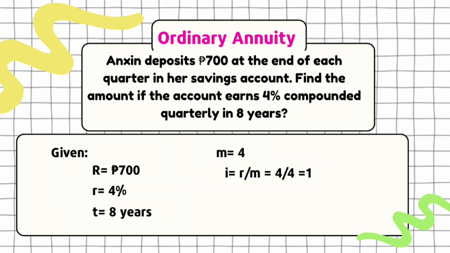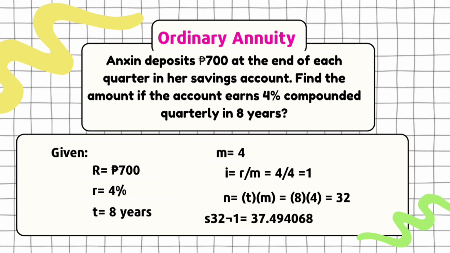I is 1 since r is 4%, M is 4, then 4 divided by 4 is 1, and N is 32 since our time is 8 years and our conversion period M is 4, so 8 times 4 is equal to 32. And S angle 32 at 1 is